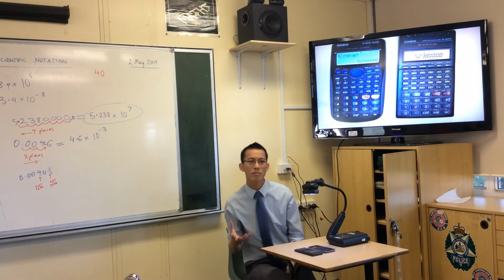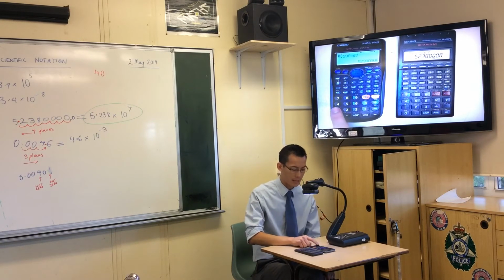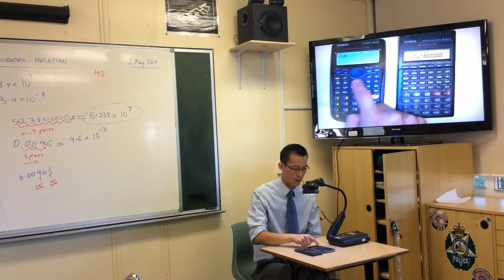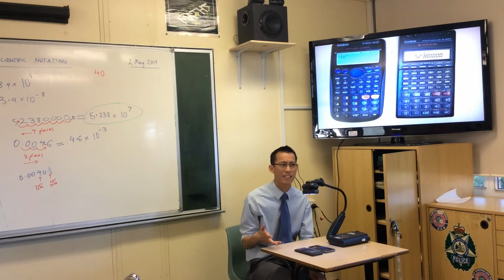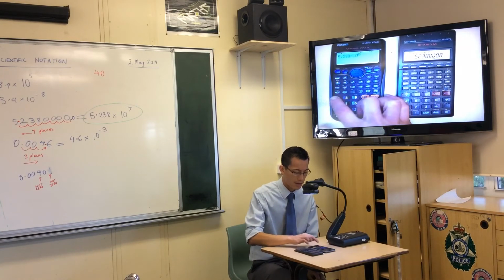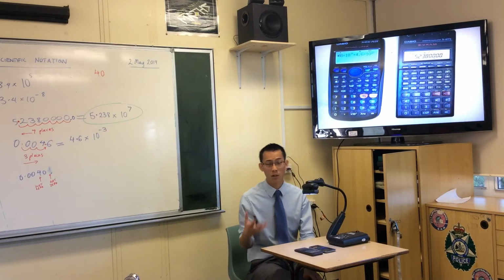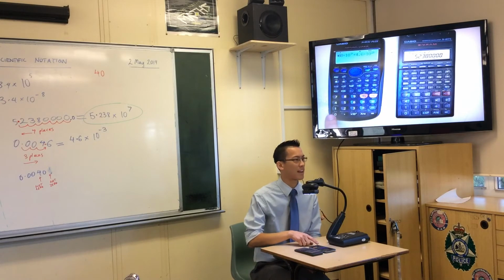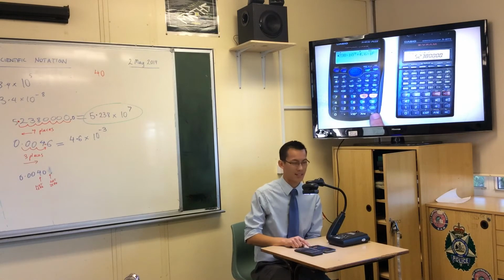Can anyone suggest to me what are some reasons why this is a better option for us than going times 10 to the power, times 10 to the power of 7. Okay, it's easier, it's faster, isn't it, right? You're also less likely to make an error. If you're doing some bunch of calculations like this, times 10 to the power of 7, and then you have to add something in, 4.6 times 10 to the power of 2, and you have a whole bunch of them, right? The more you do, the more likely you are to forget, you might strike a 1 but forget to strike the 0, and then you're times 1 squared, and that doesn't give you the same answer,